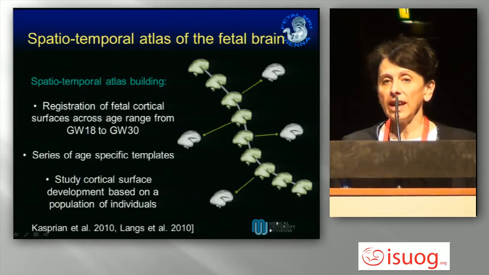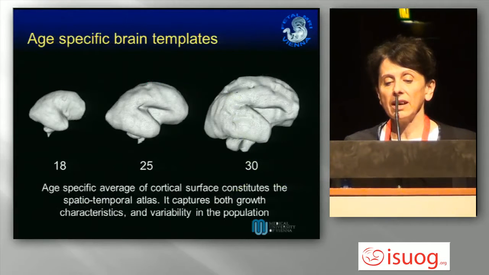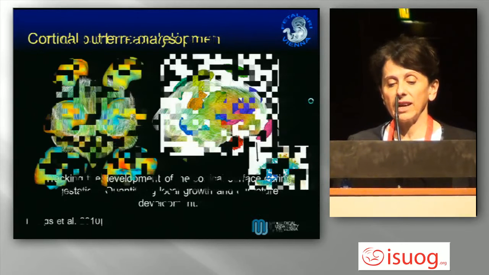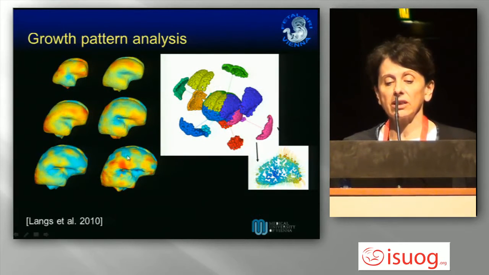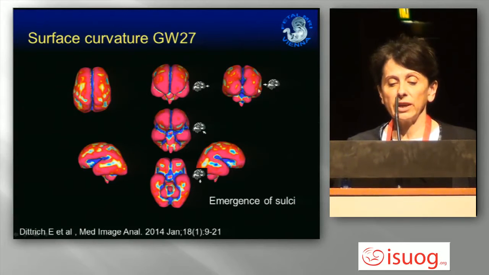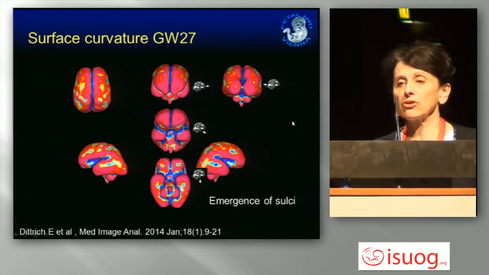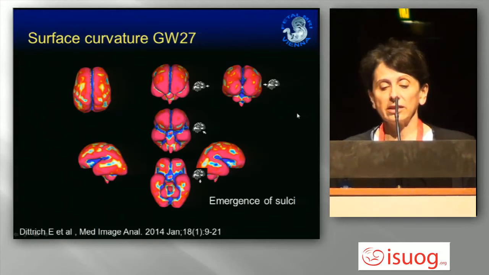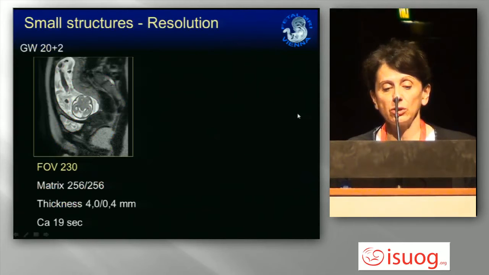If you really have good image quality, you can build a spatiotemporal atlas of the fetal brain. I just show you what we have done. You can build 3D models that can be used for comparison in a respective case. And here you have the color-coded map of developing structures, with the red one showing that part of the cortex that is developing at a certain gestational age. And you can also have models of the emergence of sulci and compare it with the respective case. All that you can have when you have really good quality T2 weighted images.